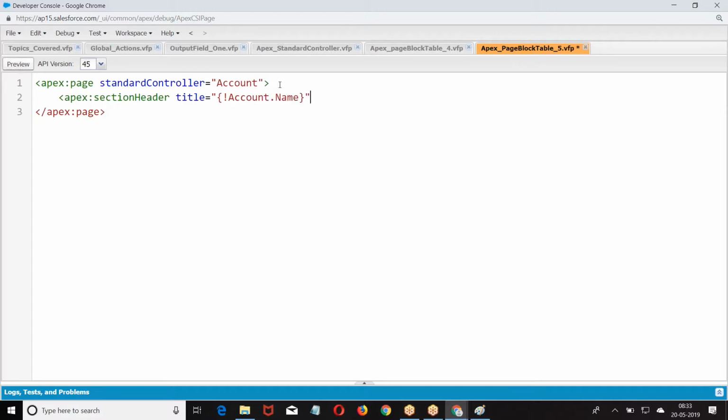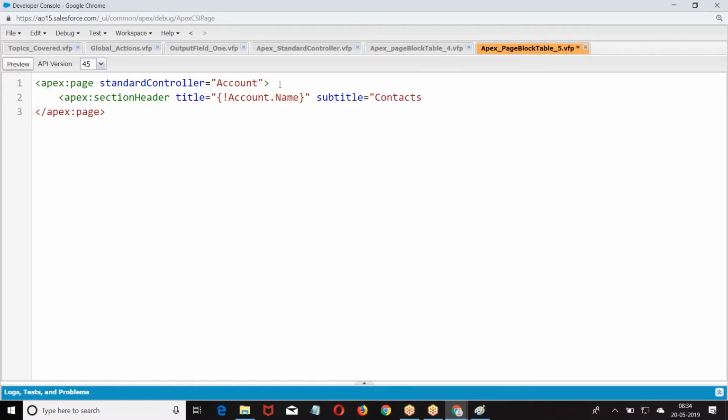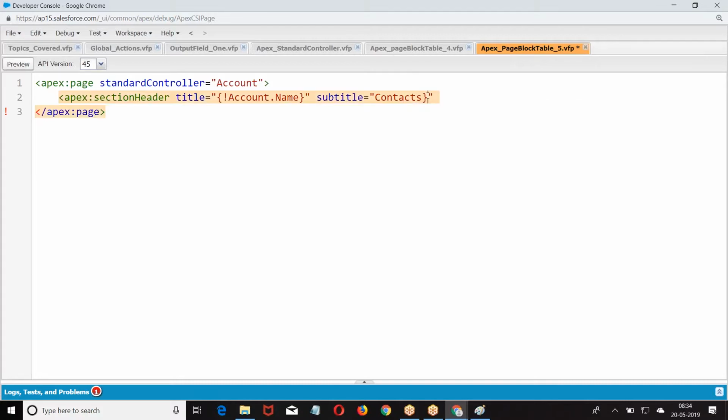Account dot contacts. Then what are we supposed to do? Form.